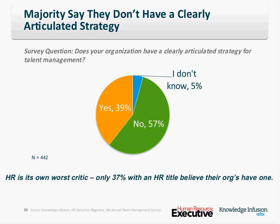Back to the table, to me, the seat is secured and insured on an ongoing basis if you've got a clear strategy that you articulate, and then you can execute and refine on an ongoing basis. This needs to be part of the fabric of the business. And apologies if I'm getting a little too preachy, but the results of the survey show that when we slice data by HR respondents versus respondents from outside HR, HR was even more, I don't want to say critical, I'm not sure that's exactly the right word, that our organizations don't have one, and that is something that also needs to change if diversity is going to be successful and talent is going to